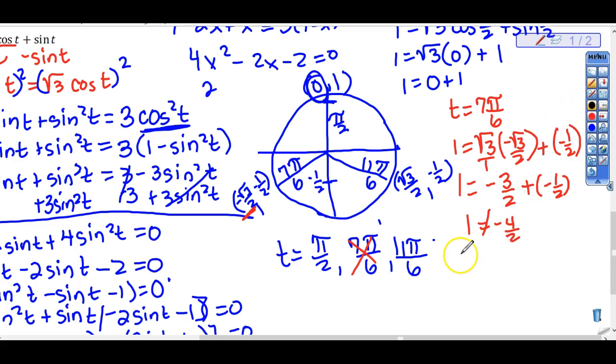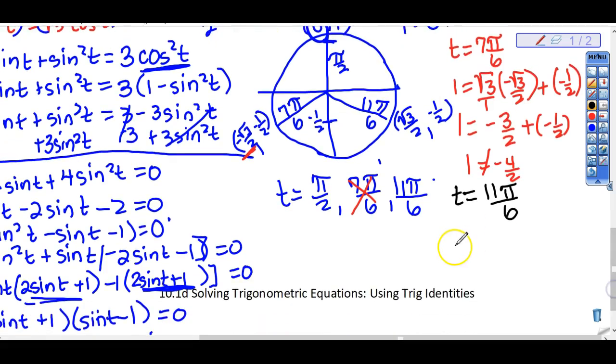Last check. Hallelujah. Here we go. We're going to check for t equals 11 pi over 6. Let's squeeze in here. So 1 equals, what's the square root of 3? What's the cosine of 11 pi over 6? Square root of 3 over 2. Plus the sine of 11 pi over 6, negative half. So we get 1 equals